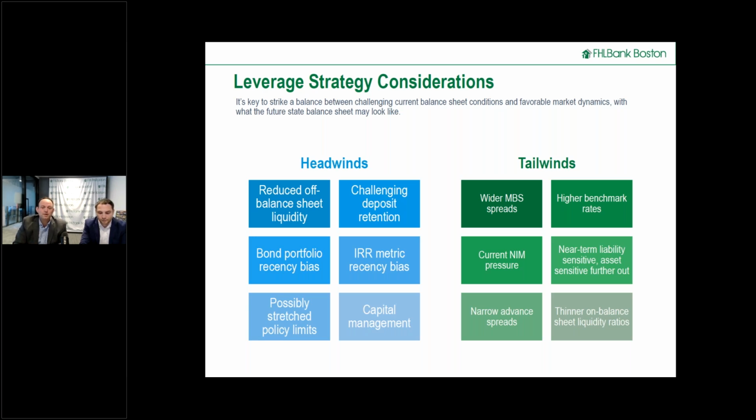We talked about the NIM pressure, the near-term liability sensitive, long-term asset sensitive. We've talked about this before. We call it the Nike swoosh profile, where in rate shocks we dip a little bit, but then over the long term we start to get the pay downs of the assets, and deposit pricing pressure hopefully cools off. So that dip, that difference, creates an opportunity to, and we'll see in the next slide, on a certain type